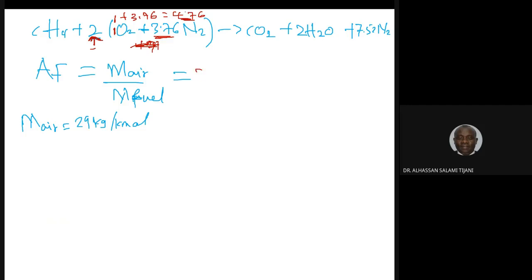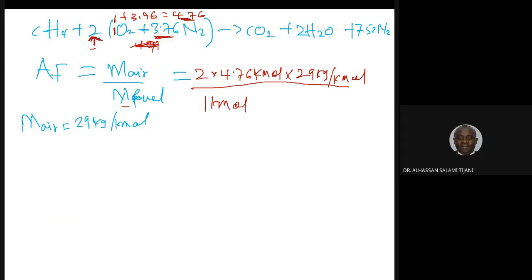So by this stoichiometric amount, we will multiply 2 times 4.76 times the number of moles. So this gives us the kilomole. Then times the 29 kilogram per kilomole, all divided by mass of the fuel. So what is the mass of the fuel? The fuel, we have only 1 kilomole of the fuel. So I'll have 1 kilomole of the fuel times, again,